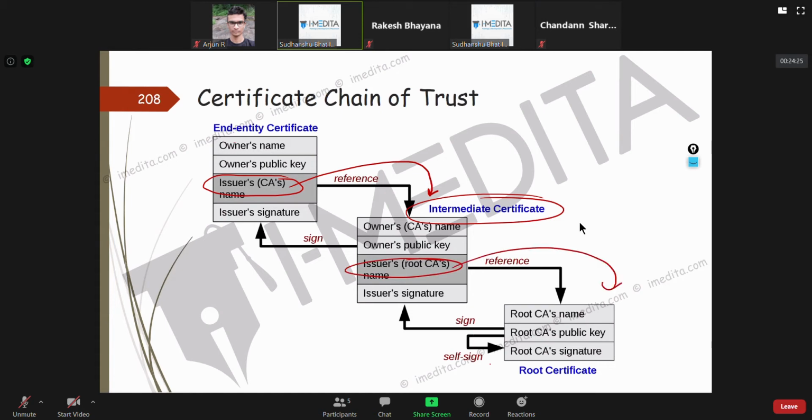Root certificate authorities have a self-signed certificate, because if we just went on continuing this chain, there is nowhere it would end. So the root CA has a self-signed certificate.